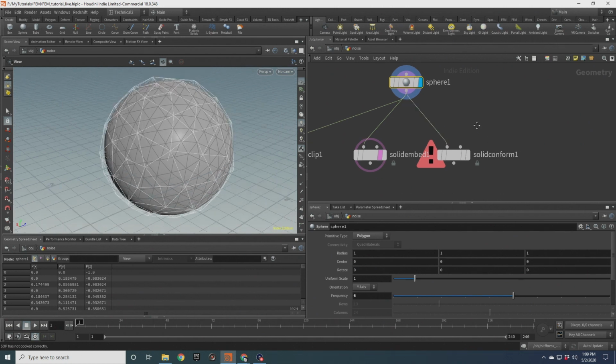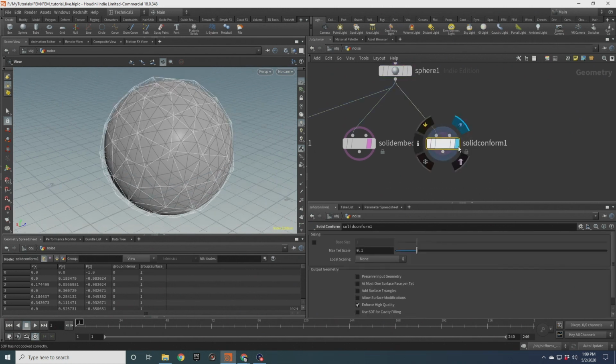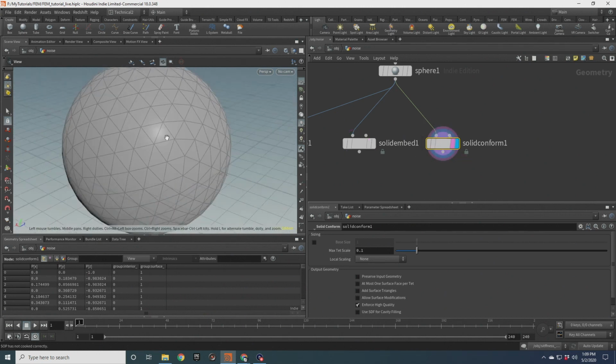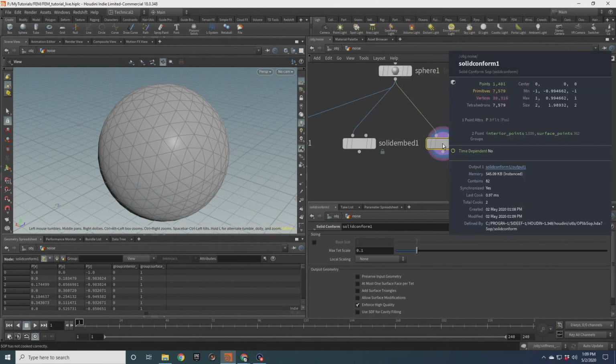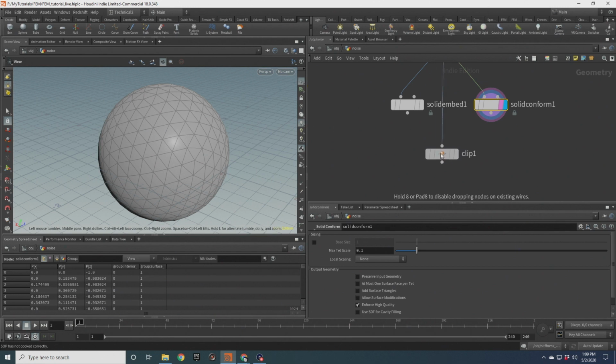But for something really simple, like this sphere we have here, that has a relatively coarse representation, we can actually use solid conform. And what solid conform will do is it will take that surface geometry that you have, and it will make sure that it uses those points on its tetrahedra. So this doesn't look like it's done anything, but if we go up here on info, we just have polygons. Once we've done conform, we have tetrahedrons. And if we drop our clip here,